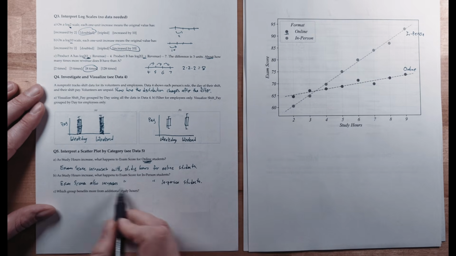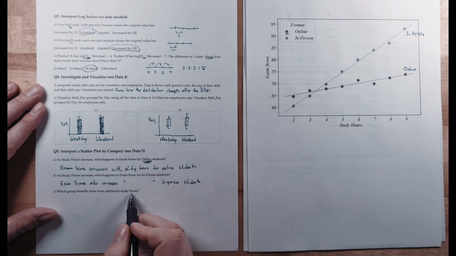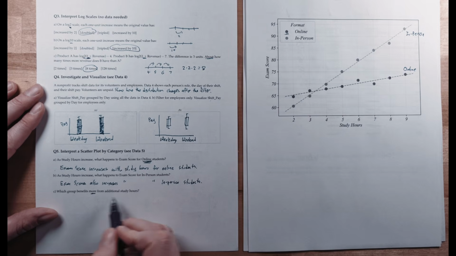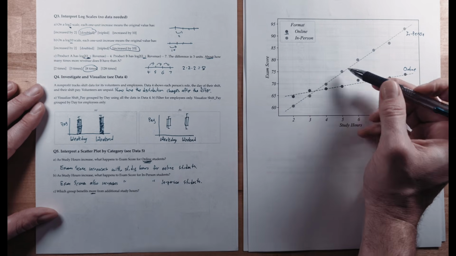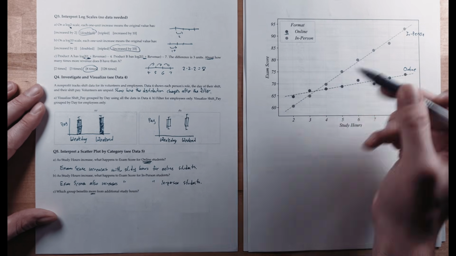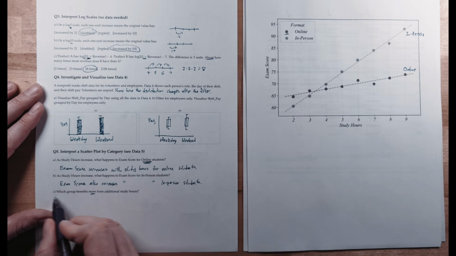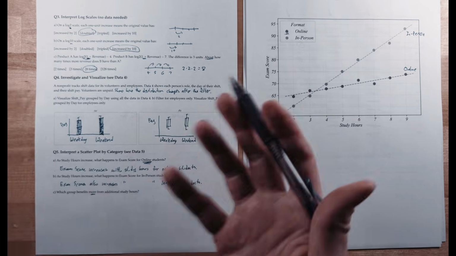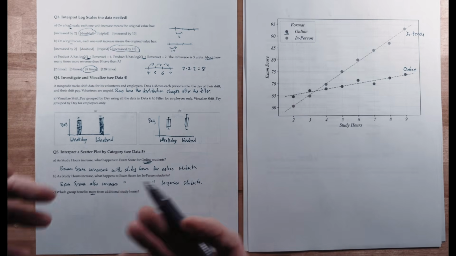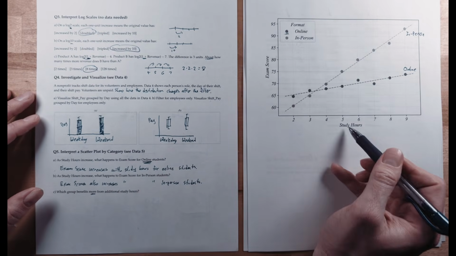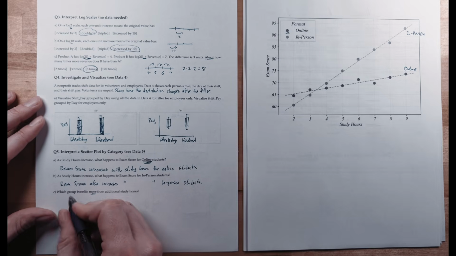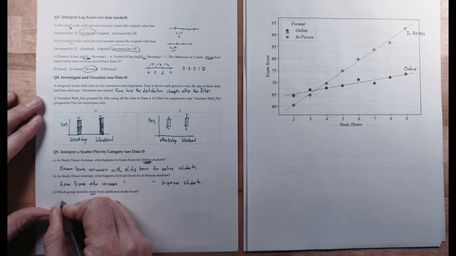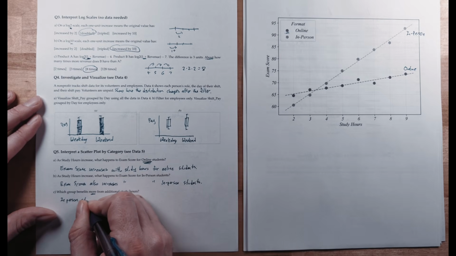And then, which group benefits more from additional study hours? Well, we can't say anything about causation. But what I infer from this question is that we're asking which group has a stronger relationship between study hours and exam score. So I would say in-person students